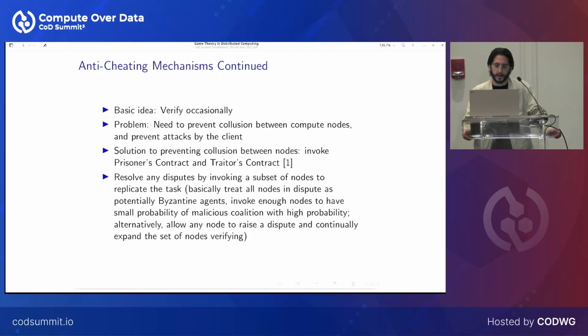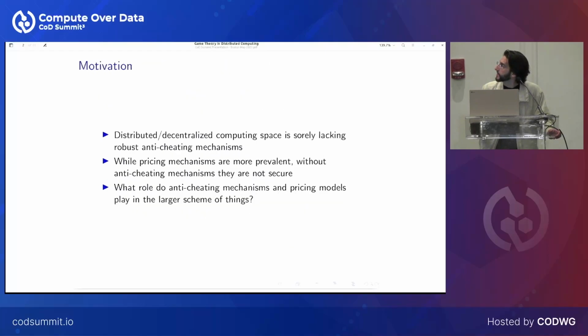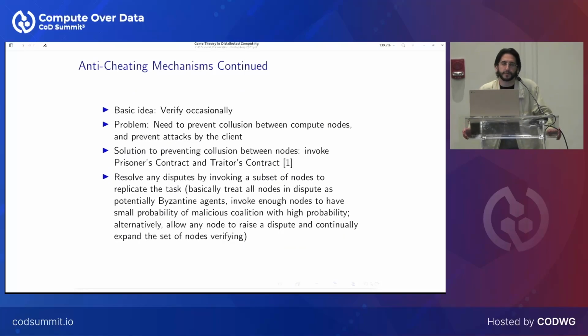One of them is based on the paper, I'm just going to skip to the end right here, by Dong et al., Betrayal, Distrust, and Rationality: Smart Counter-Collusion Contracts for Verifiable Cloud Computing. The method they use is basically they take 2 nodes that are supposed to be verifying a job, and they put them into something they call a prisoner's contract, which basically designs a game, the prisoner's dilemma game, where the 2 nodes have an incentive to give each other false results because they'll get a higher reward if they're correct and the